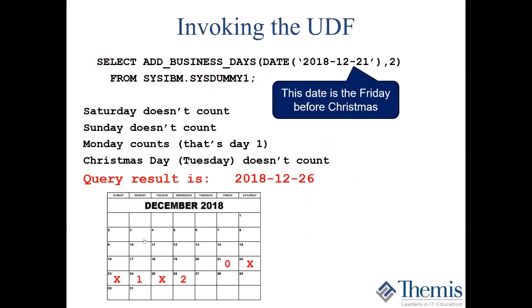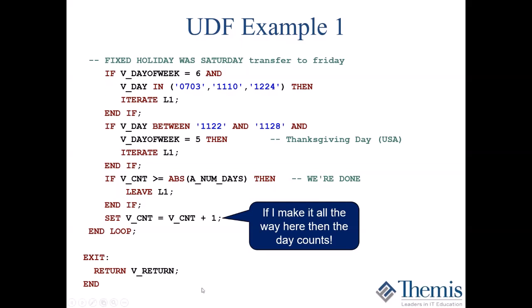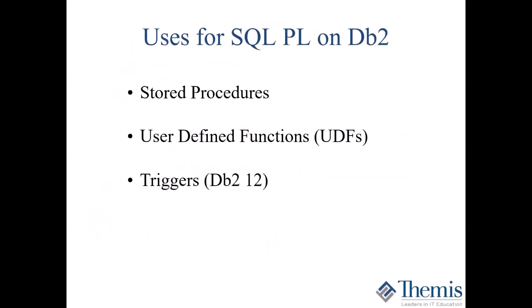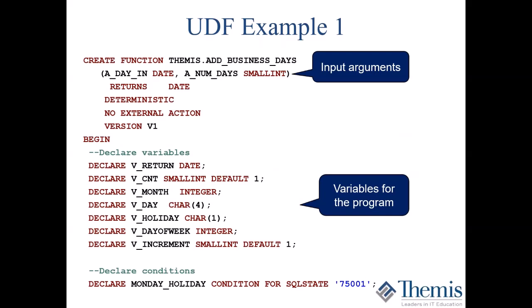The very, very bottom, you can see we're actually returning that v return back to the caller. So I'm defining a place to put it, and then I'm ultimately going to return it. And I've got a bunch of other variables for things that I'm going to need to keep track of